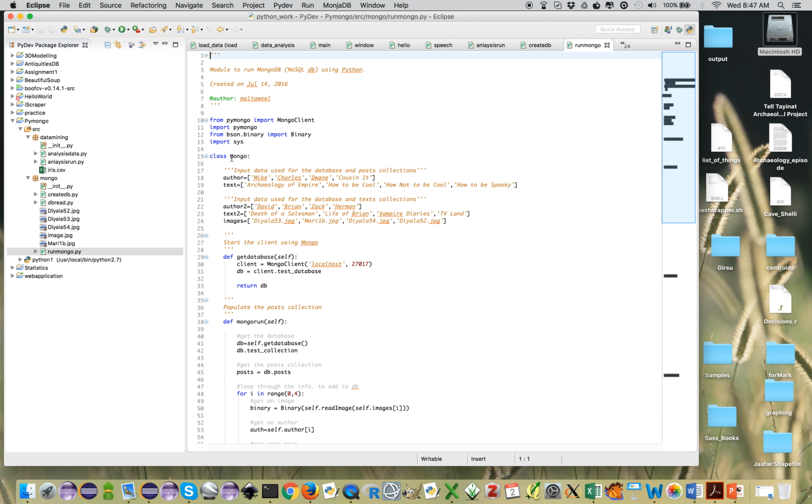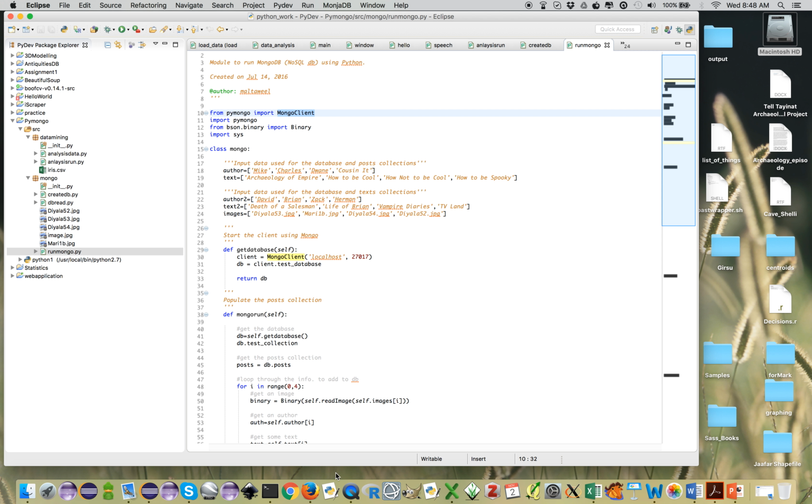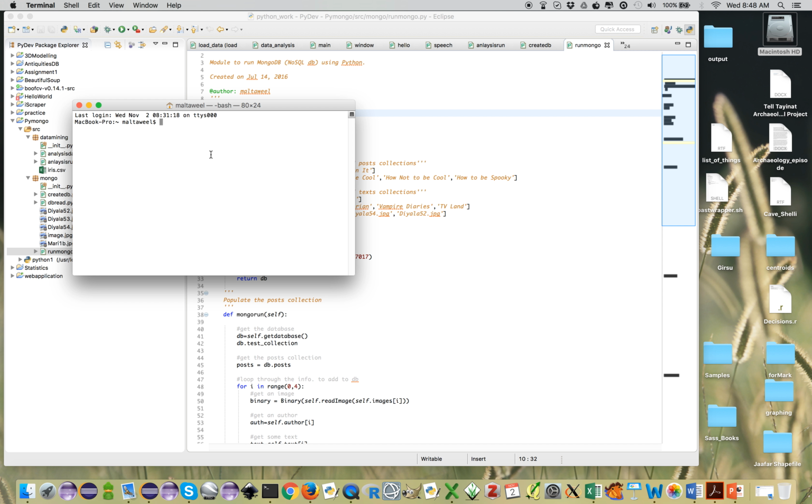You can see it's a class called Mongo. Perhaps we want to capitalize it, but that's all right for now. You can see that it references the BSON library, which comes with this package, and PyMongo is also used, and then we're going to be using the Mongo client, which allows us to interface with Mongo. The thing about this is that you possibly need to start your Mongo database before you actually run this. So we're going to run it and then take a look at what kind of results one can get. So to start that,